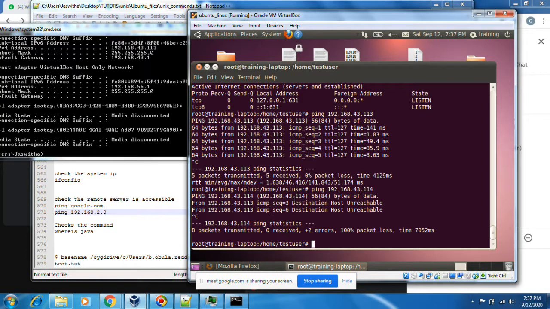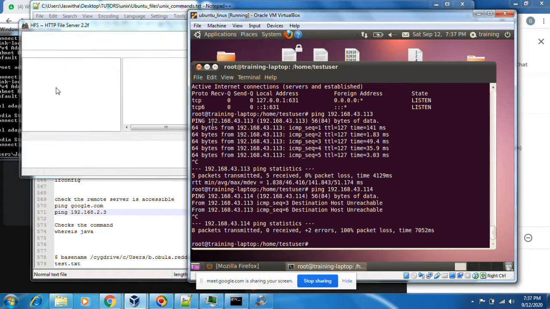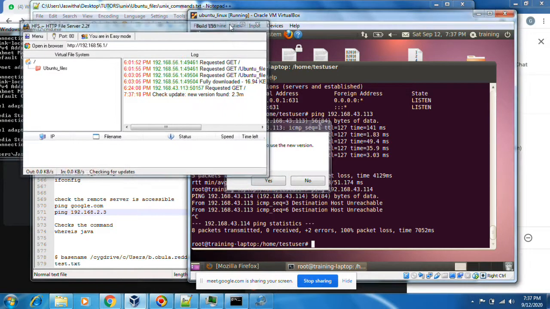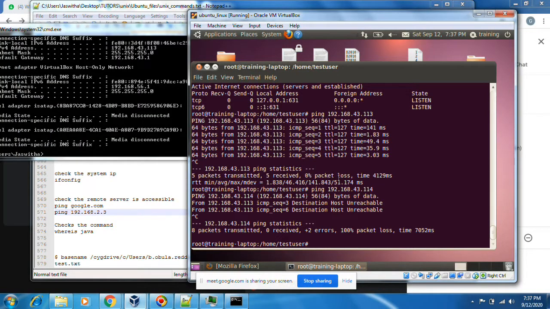Maybe the system is not in the network, or the system might be shut down. That is the reason. The other system is accessible to this Ubuntu system. Only ping can confirm whether the remote target system is accessible or not.